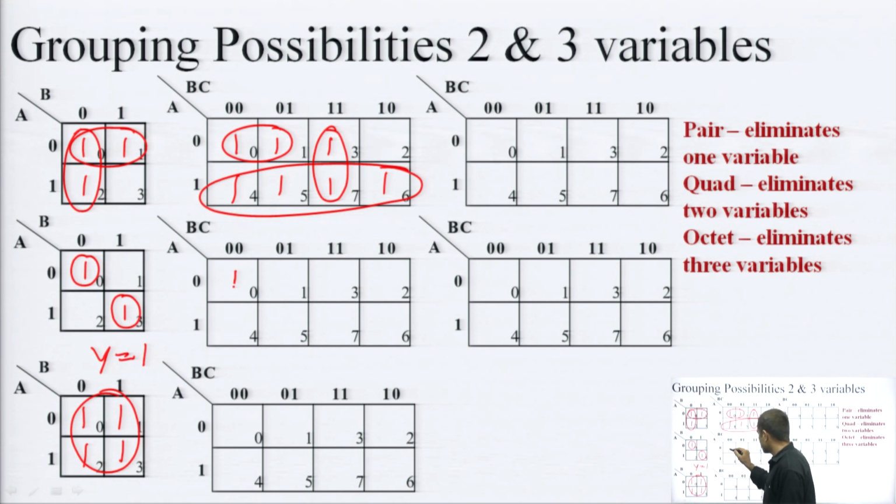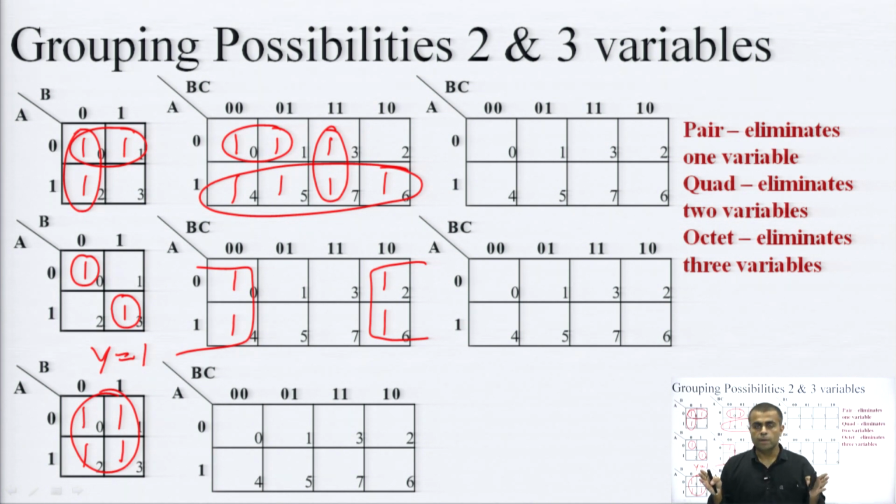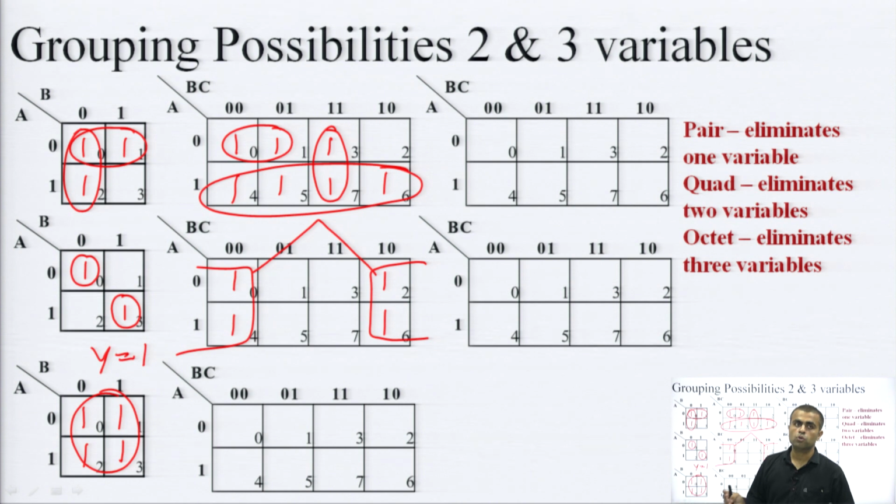Again, for practice purposes, if there are 2 ones, then this is also a quad entry. This thing we have to keep in mind. If we have ones on the extreme positions of the K-map, extreme rows or extreme columns of the K-map, then they can also be merged together to form a larger group. That means, if these 2 ones are there, these 2 ones are there, I will not be making 2 pairs, I will be making a single quad, okay. And this will be shown in parts, that these 2 parts are to be taken together to form a quad.